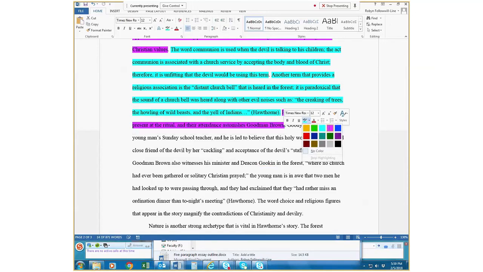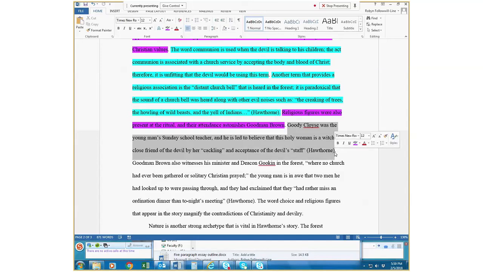Goody Cloyce was the young man's Sunday school teacher, and he is led to believe that this holy woman is a witch and close friend of the devil by her cackling and acceptance of the devil's staff. See, now there is a requirement to have one embedded quote. This student used more than one, so every time she's used it, she's used the